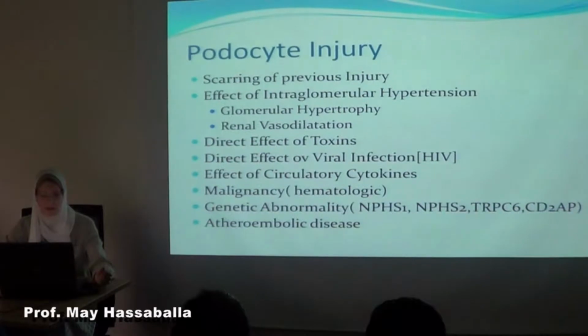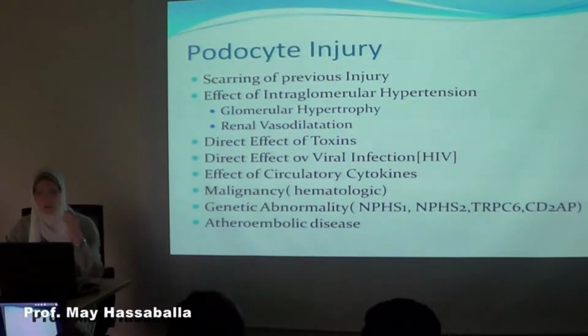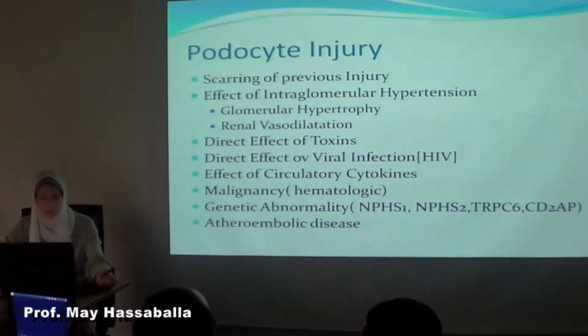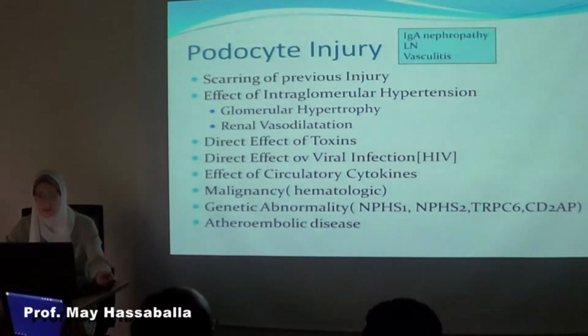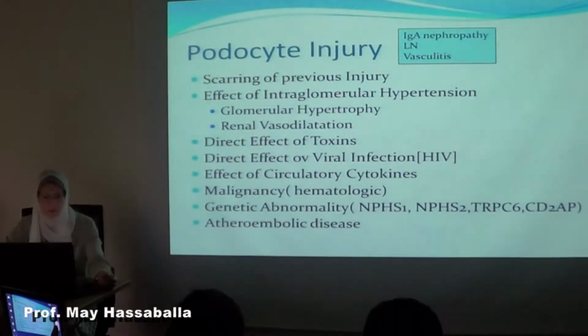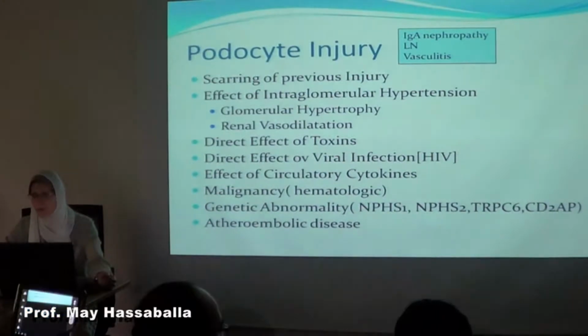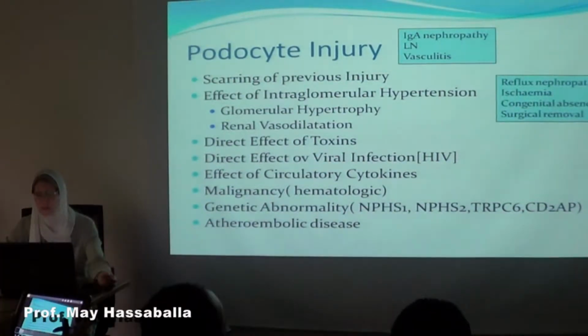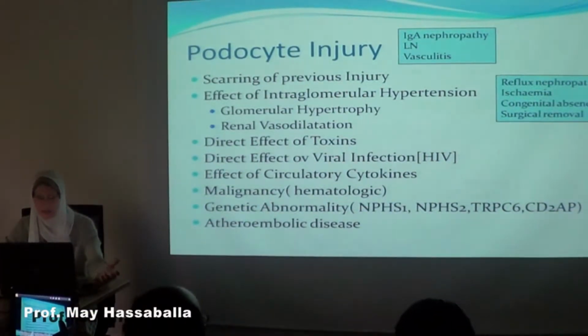So it's basically a podocyte injury, which can occur due to scarring of previous injury, like what occurs during the late stage of any focal glomerular injury that occurs in IgA nephropathy, lupus nephritis, and vasculitis. And it can also be due to the effect of intraglomerular hypertension that occurs with an adaptive response to glomerular hypertrophy or renal vasodilatation. And glomerular hypertrophy can occur with any loss of nephron tissue